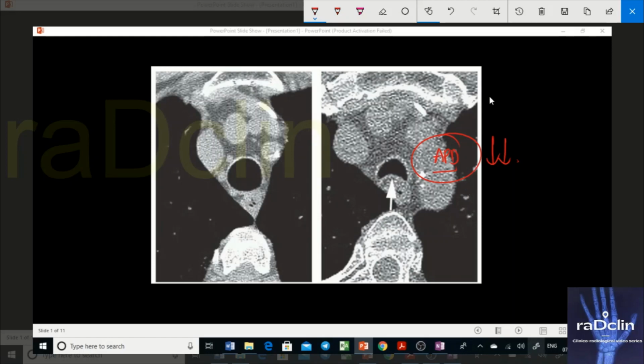It was studied that, across the whole spectrum of normal patients, if you ask the patient to expire, the tracheal diameter decreases in the AP dimension. It is seen that there are a few patients in whom this posterior membrane can even touch the anterior wall of the trachea normally. So there are a few patients in whom there can be complete collapse of the trachea, where the posterior wall can completely touch the anterior wall.